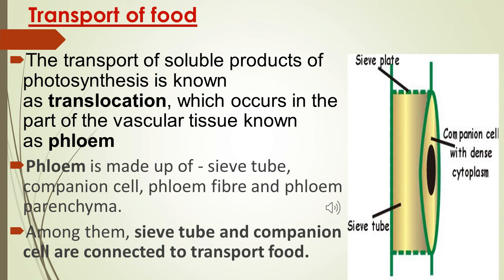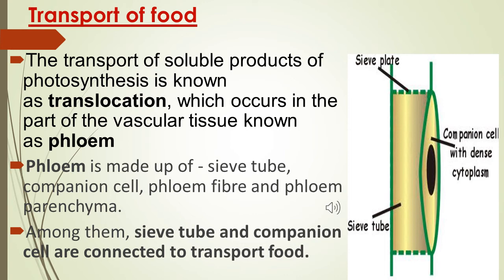After discussing transportation of water, let's see the process of transport of food in the plant. As we know, leaves make food by the process of photosynthesis, and every part of the plant needs food. So food made in the leaves has to be transported to all the parts of the plant. Food is transported to all other parts through phloem, and this procedure is known as translocation.